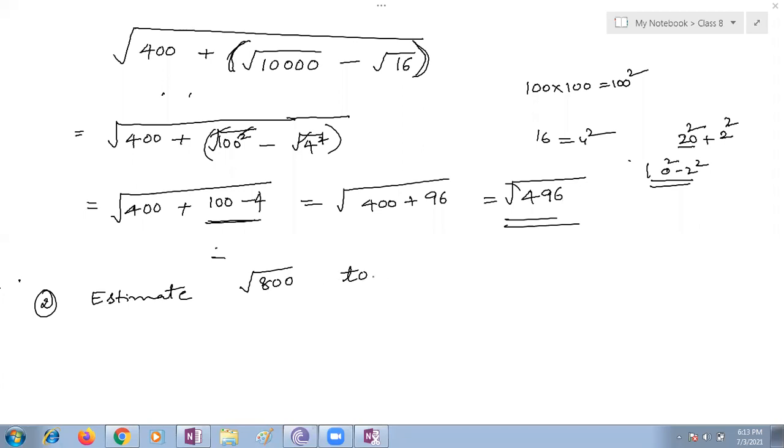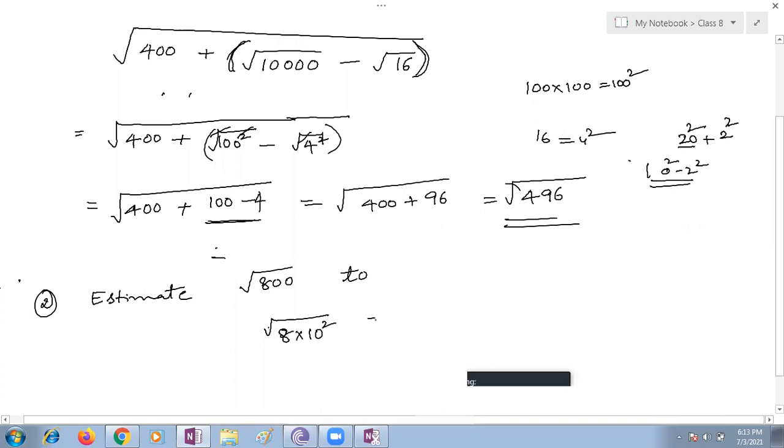Okay. Ma'am, first of all, we can take it as 100, so we'll get 10 square. 10 square means 100, multiplied with 8. 8 multiplied with 10 square, or else can I write it as 2 into 10 whole square? Yes, ma'am. Can I write like that? Now what happens? Very nearest we are getting 10 to the 20.